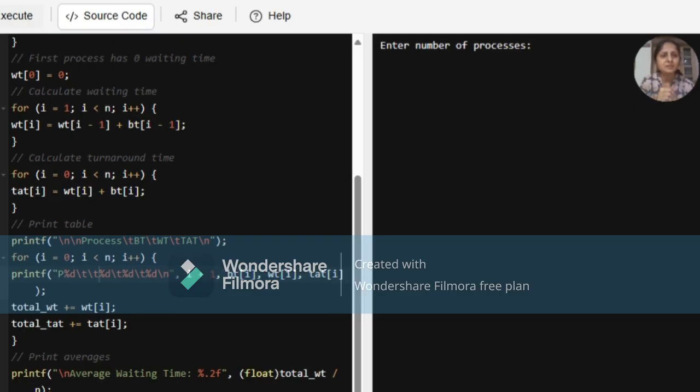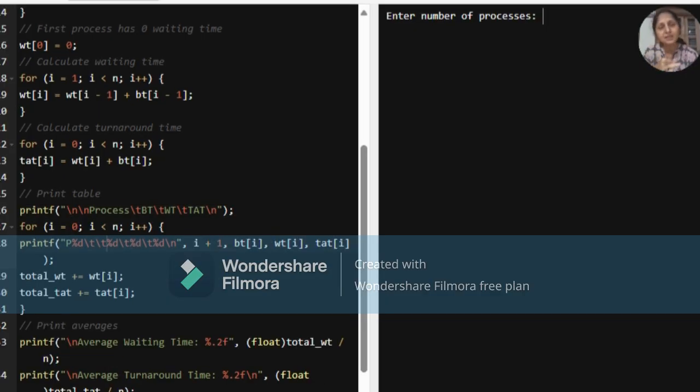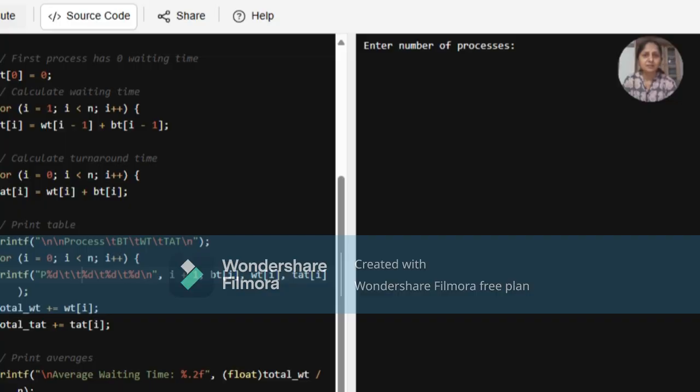In our classrooms, we have calculated the average waiting time and average turnaround time for various CPU scheduling algorithms, but in that case, we already had the problem statement. Now, in our program, we don't have any problem statement, so we are going to ask the user how many processes there are and what the burst time associated with each process is. We also assume that the arrival time of each process is 0, so it becomes easy and simple for us. So it says enter number of processes.